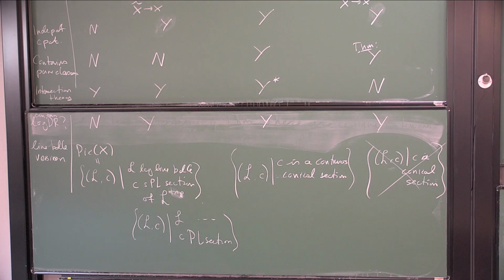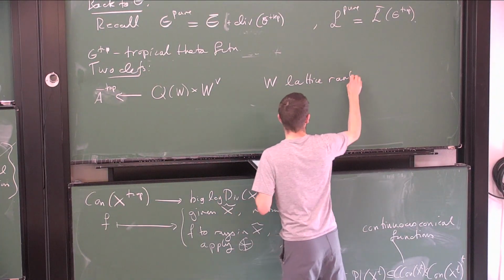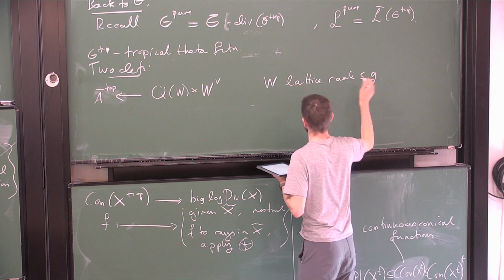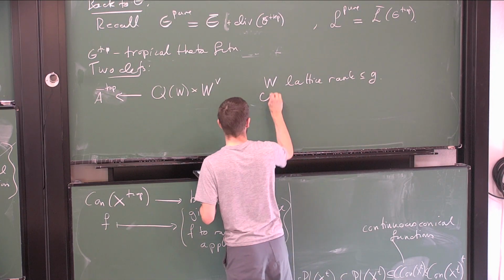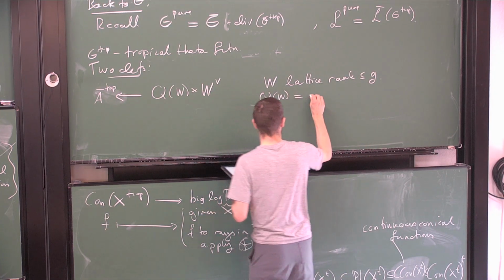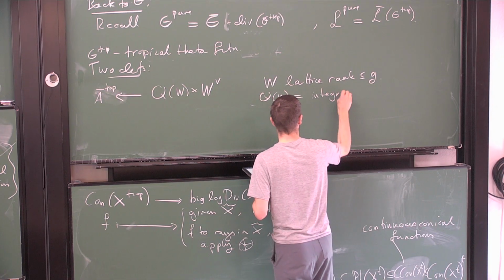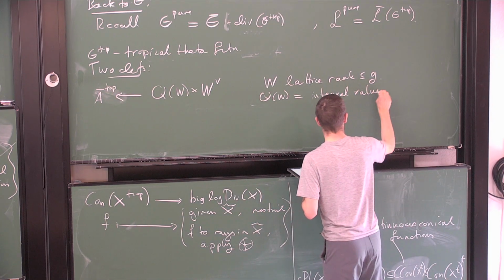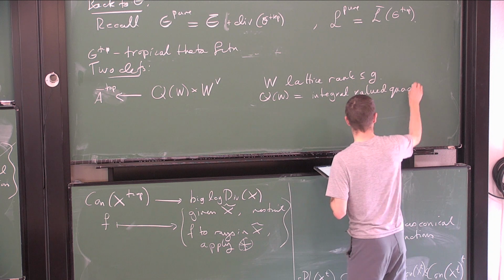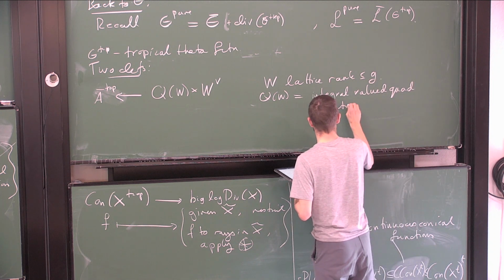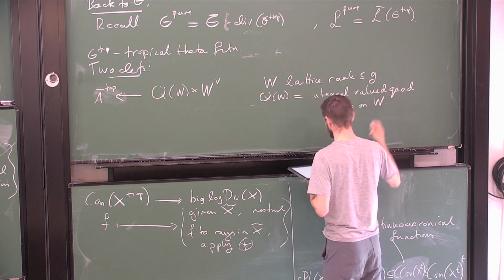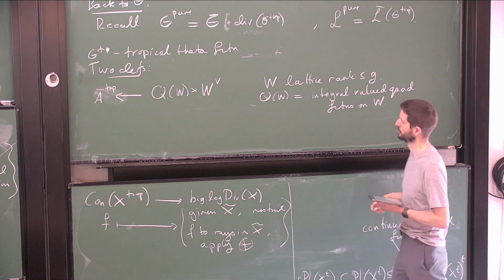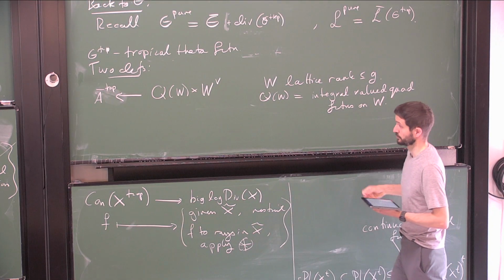Q of W, where W is a lattice of rank at most g, is the integral valued quadratic functions on the lattice. And so if